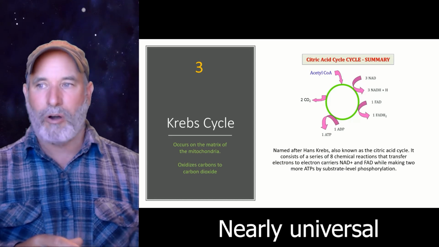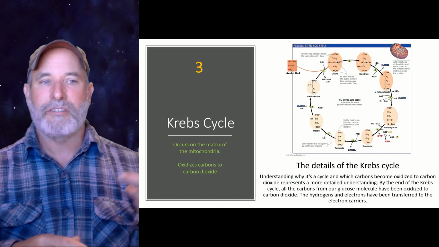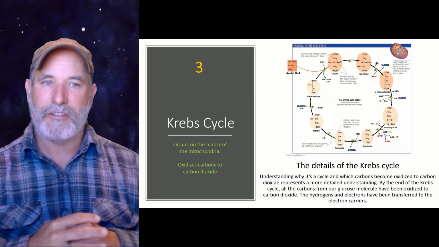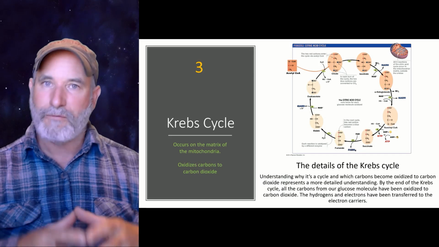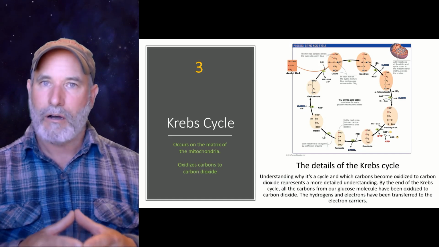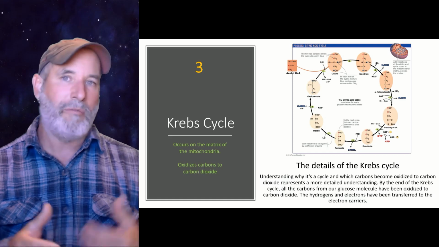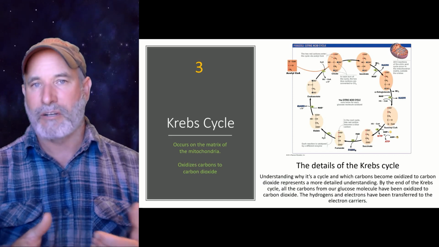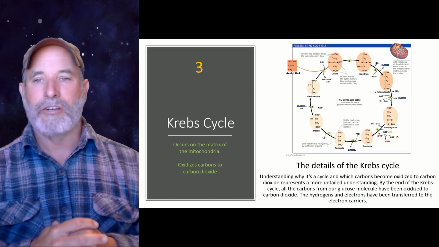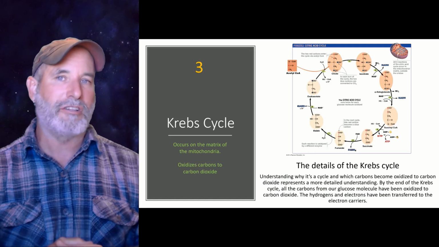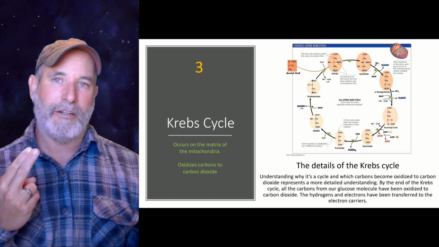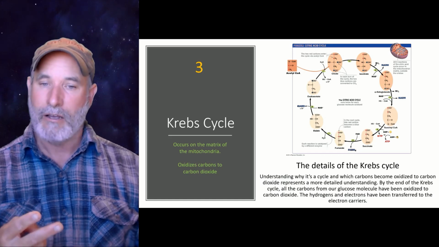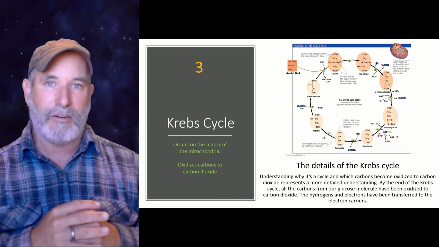And the general purpose of the Krebs cycle, here's a more detailed showing of all the carbons in it and what happens to them. But basically, we're going to fully oxidize our carbon, right? We're going to rip the rest of those high energy electrons off and the hydrogens, and we're going to stick them onto our electron carriers. So for every molecule of glucose that we started with, that created 2 pyruvates, which got oxidized to 2 acetyl coenzyme A's, right? And they're going to come into the Krebs cycle.